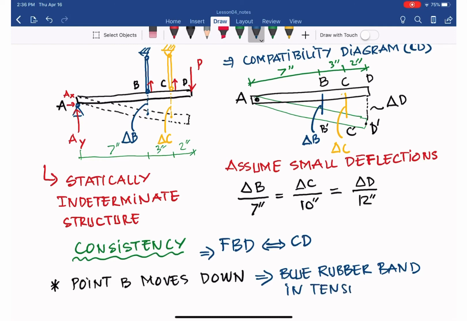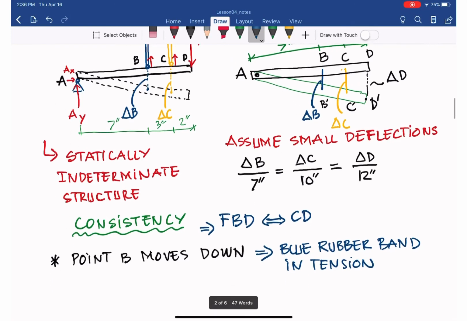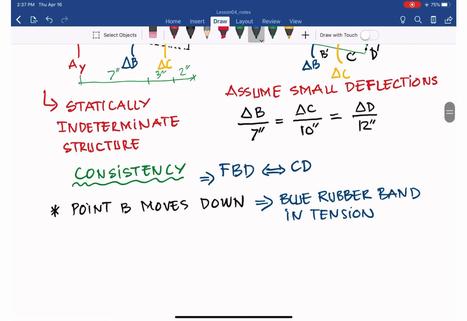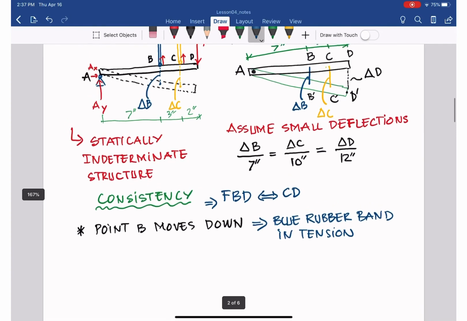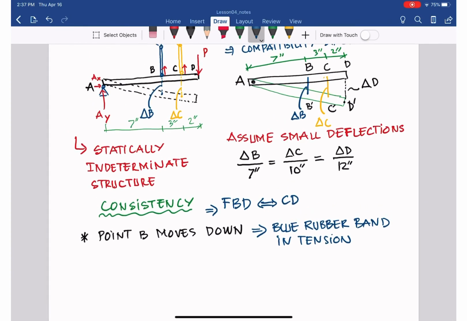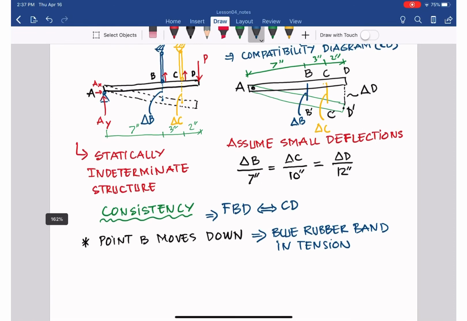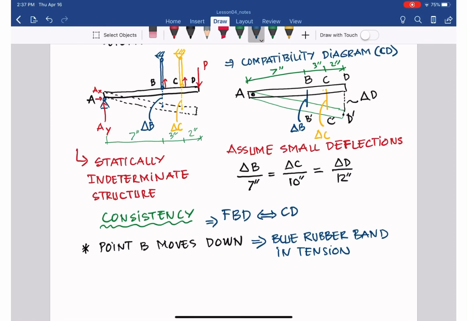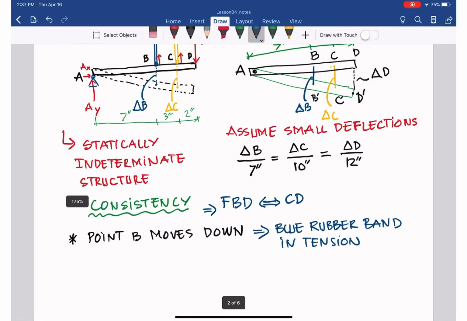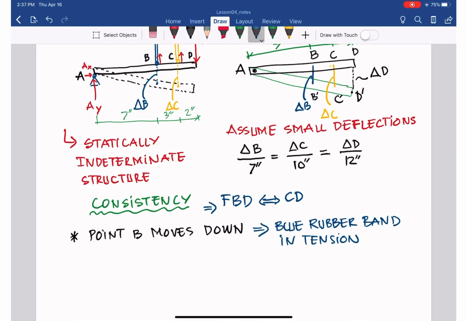So instead of just assuming compression or tension, you need to put the correct force in your free body diagram. If you isolate the blue rubber band at point B, you have to replace it with the force that creates tension in that rubber band. And similarly,